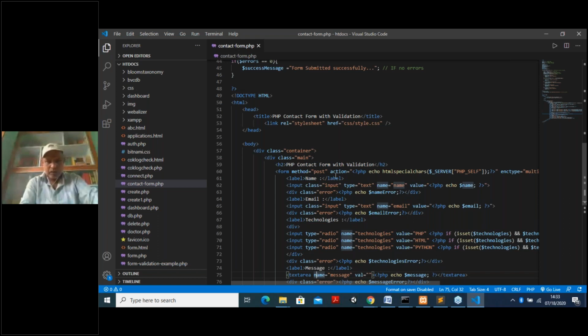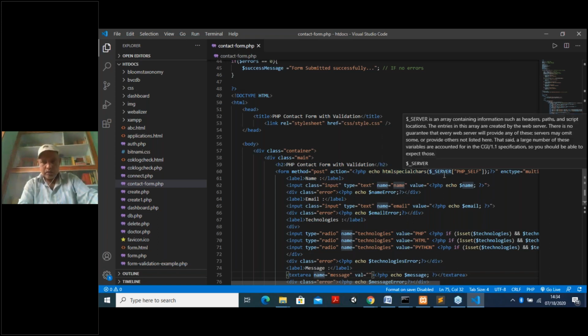Here form method is equal to post, and action is equal to, this is the part I am going to explain. What it is doing: if you press this button, where it has to go, and what I have written here. In this action, under double quotations, I am writing another PHP part: less than question mark php echo htmlspecialchars($_SERVER['PHP_SELF']).